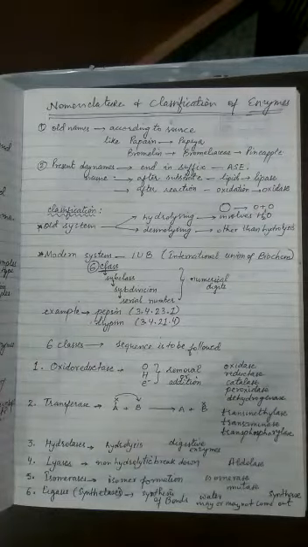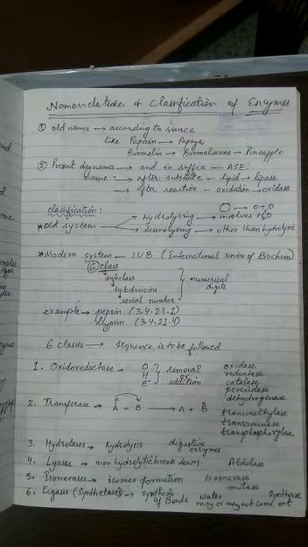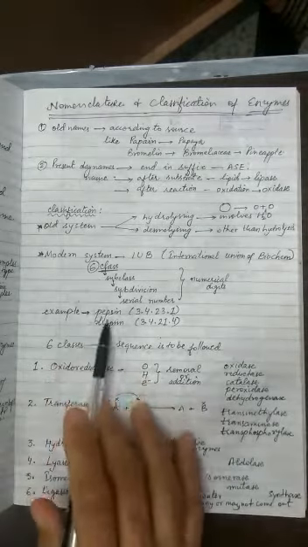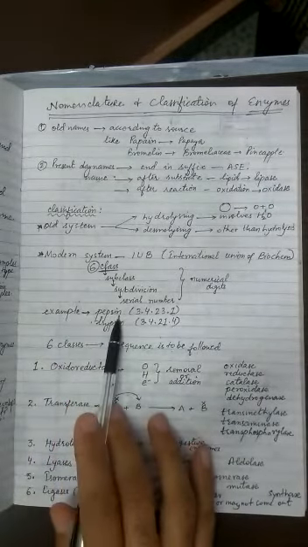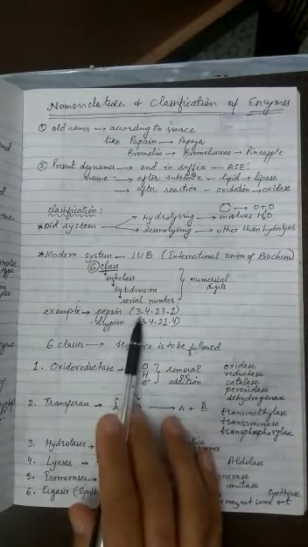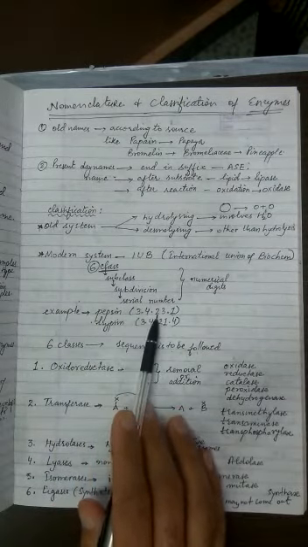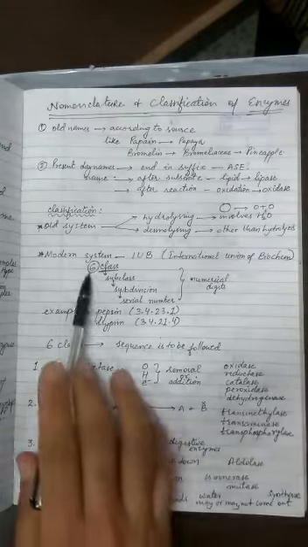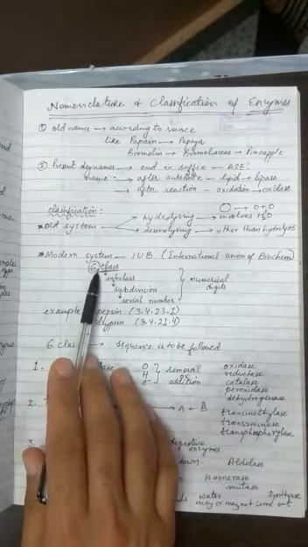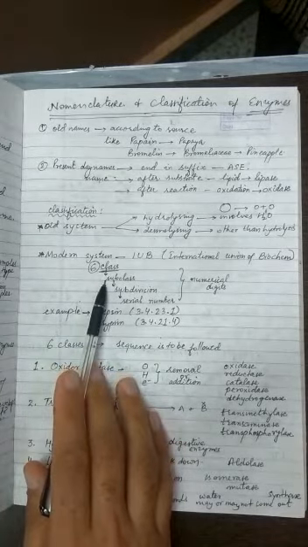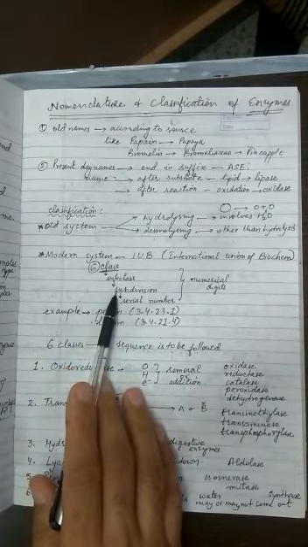So the modern system of classification involves naming with the help of numbering, with the help of digits. The Arabic numbers are used, and you can easily see examples I have mentioned here. For example, pepsin enzyme is classified as 3.4.23.1. That means its class will be the third class, its subclass will be the fourth subclass, its subdivision is 23,